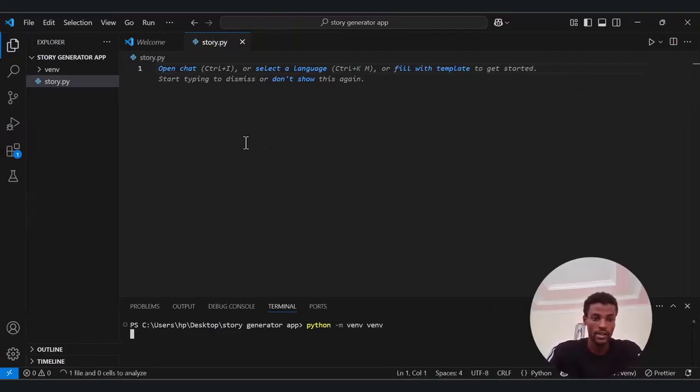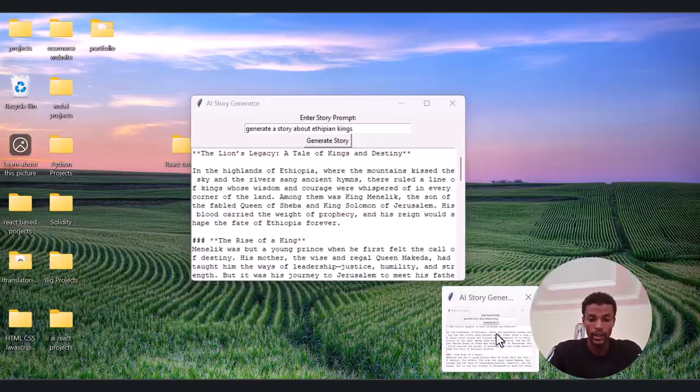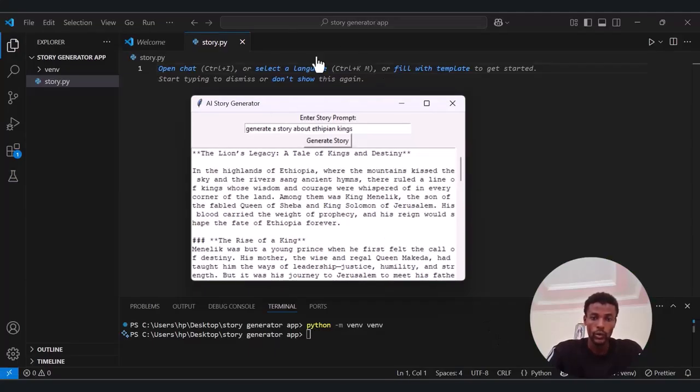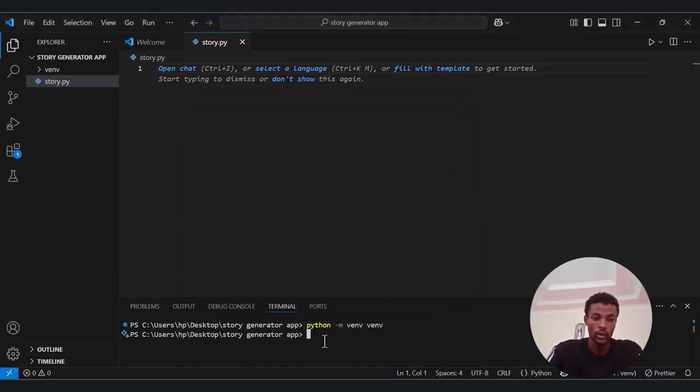I will maximize this. Okay, now I wanted to show you this application again, and what we will do first, we need to create these types of GUI, graphical user interface, by using Tkinter. So what I will do, I came to this part. First, I wanted to already activate this. So what I will do,